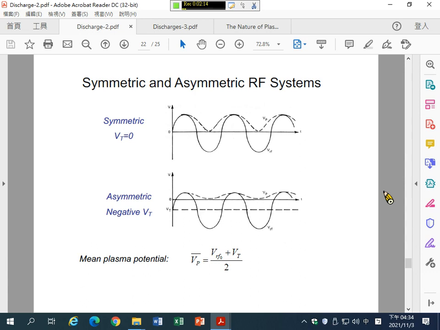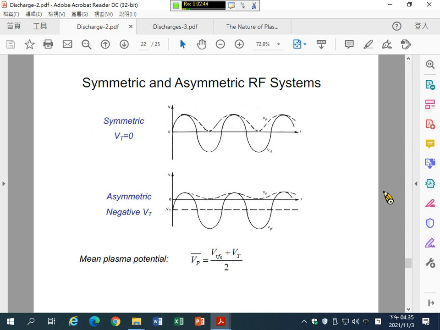Okay. And the dashed line here is the plasma potential. And the difference between the plasma potential and the potential on the electrode surface is the sheath voltage. So the sheath voltage also changes with time. This is for symmetrical system. And for an asymmetric system,